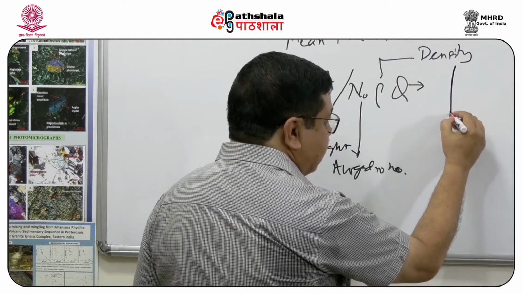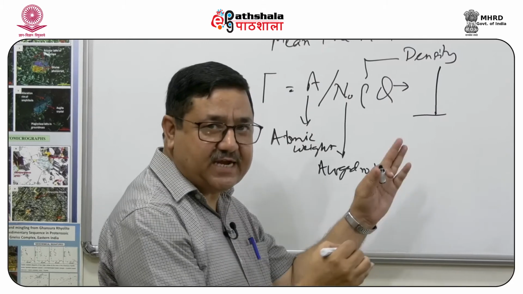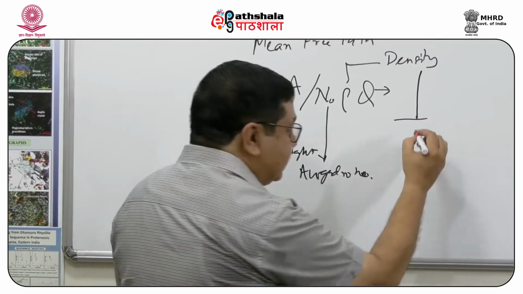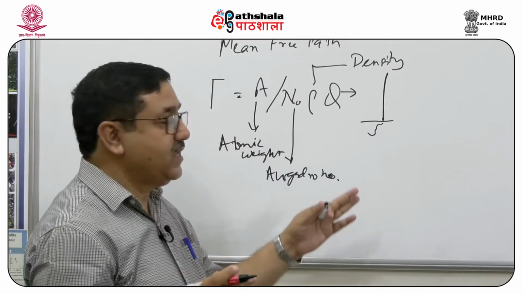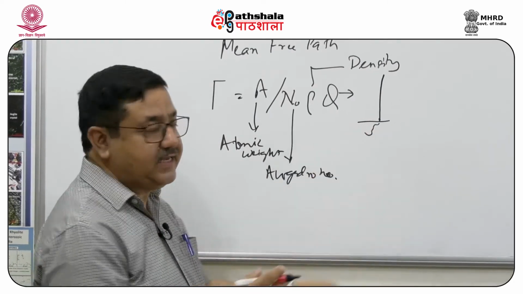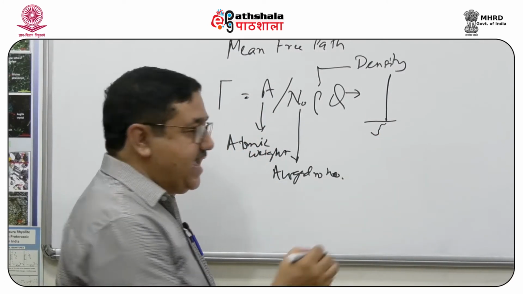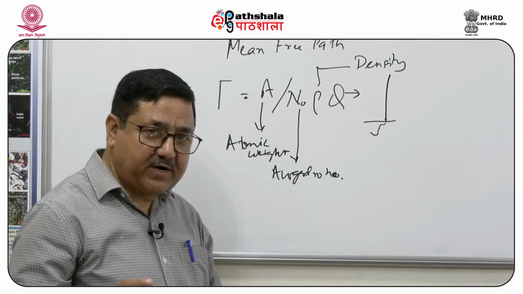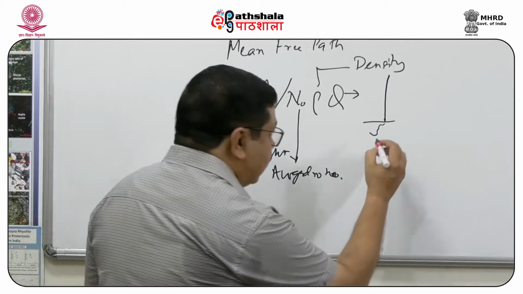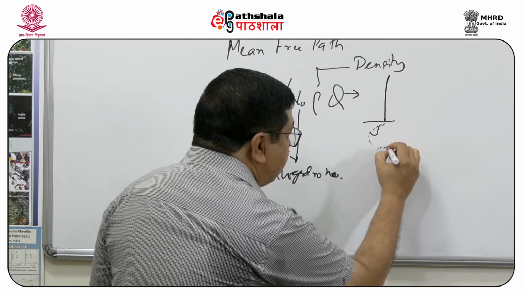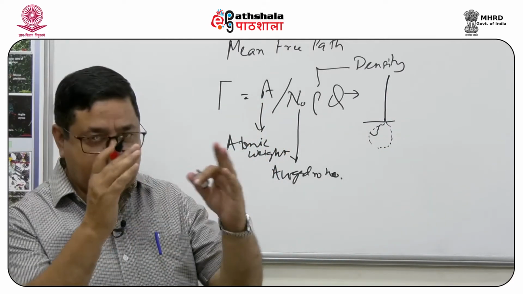When an incident electron beam is there, it will lose its energy over several mean free paths till such time it loses all its energy. And if this is modeled for the entire dense material, then the shape of the interaction volume is that of a teardrop shell,